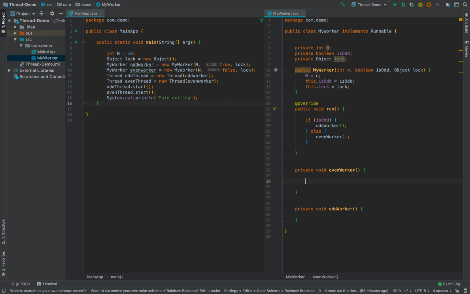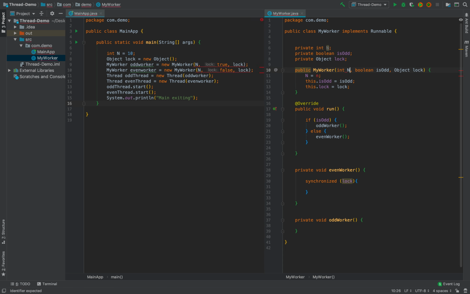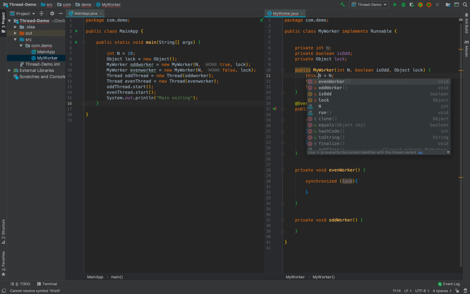Okay, so let's start the even worker coding. What I want to do is synchronize on this lock object. This lock is assigned to this. I have this int n, it should be this dot n.